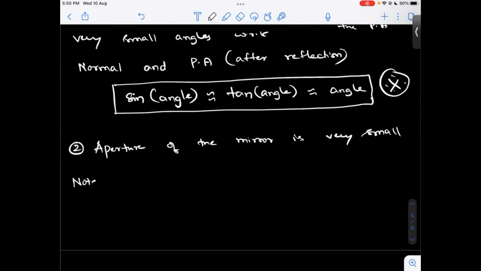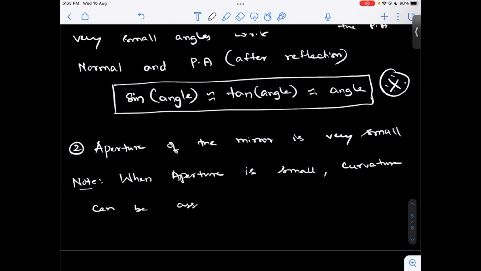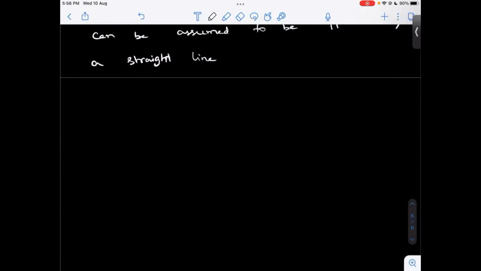From this, what you can notice is, when the aperture is small, curvature can be assumed to be approximately a straight line. So due to which, what we can say is